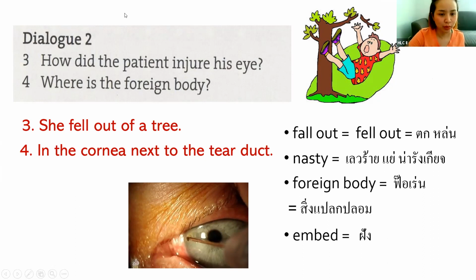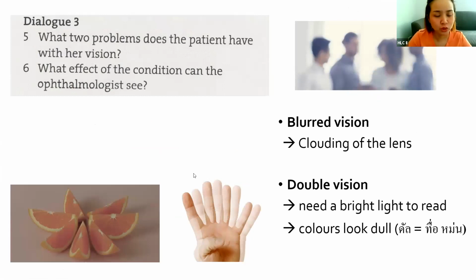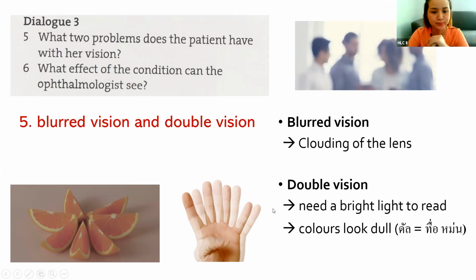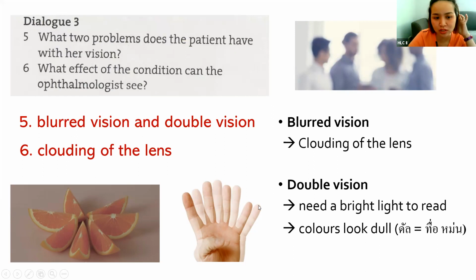Dialogue 3. Question 5. What 2 problems does the patient have with her vision? 2 problems อะไรบ้าง Okay, the answer is blurred vision and double vision มองไม่ชัดมองเห็นภาพซ้อน Number 6, what effect of the condition can the ophthalmologist see? มันมีผลกระทบที่หมอตาเนี่ยเขาเห็นเนี่ยค่ะเขาเห็นอะไรที่เป็นผลกระทบของมันนะคะก็คือ so the ophthalmologist can see clouding of the lens ก็คือมันมัวนะคะเหมือนมีเมฆมาบัง